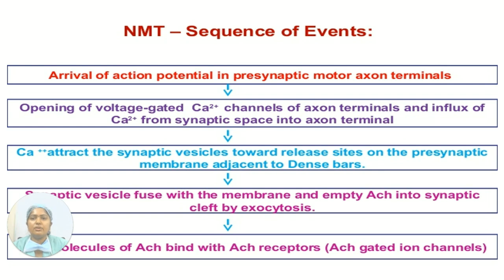Arrival of action potential in the presynaptic motor axon terminals causes opening of the voltage-gated calcium channels of axon terminals and influx of calcium from the synaptic space into the axon terminal. Calcium attracts the synaptic vesicles towards the release sites of the presynaptic membrane adjacent to the dense bars. Synaptic vesicles fuse with the membrane and empty acetylcholine into the synaptic cleft by exocytosis, which causes the acetylcholine to bind with the acetylcholine receptors,